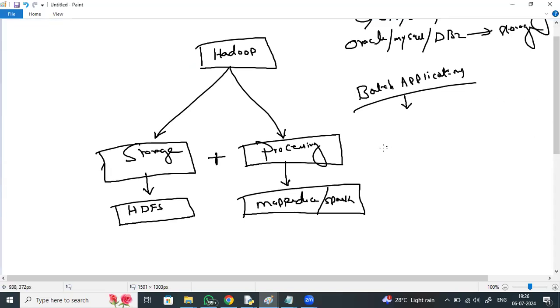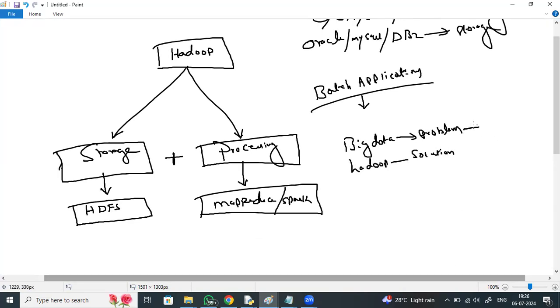If you take the huge data generation, big data, as a problem, you can take Hadoop as the solution. If we take big data as a concept, you will take Hadoop as the implementation.